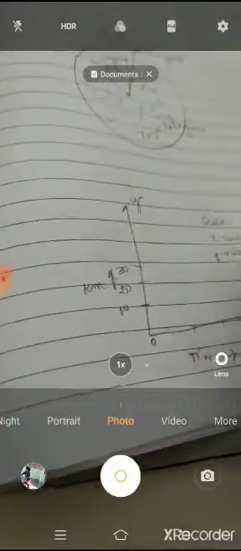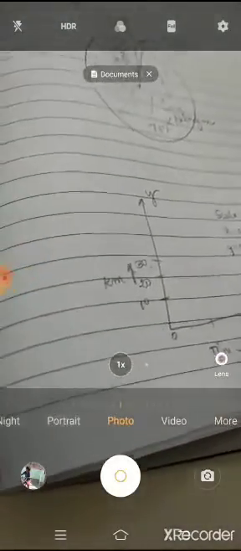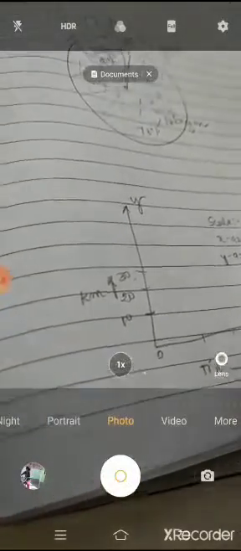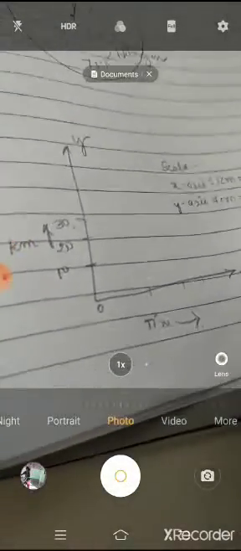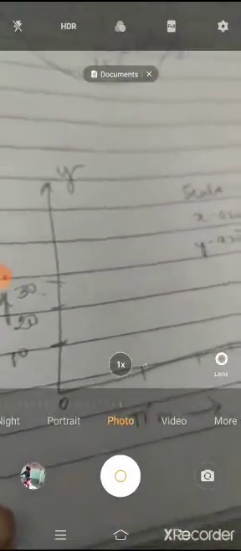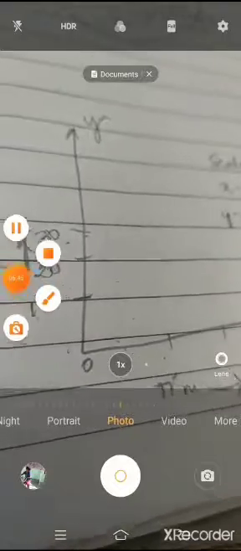We will take 10 units because we have taken 10 kilometers, 20 kilometers and 30 kilometers, right? So 1 centimeter is equal to 10 units along the y-axis. 1 centimeter is equal to 1 unit along the x-axis. This is how you have to make a graph for distance and time: distance along the y-axis and time along the x-axis. Clear with the children? With the concept?